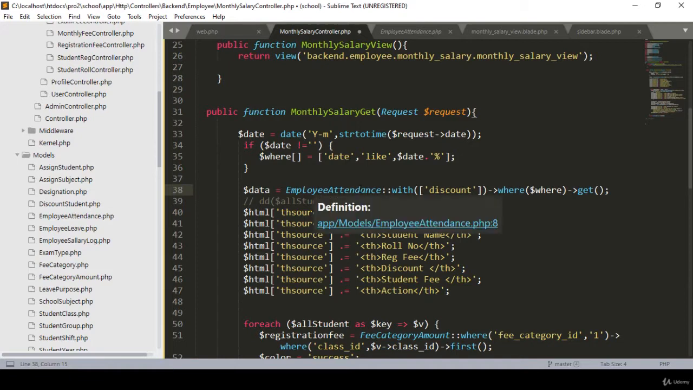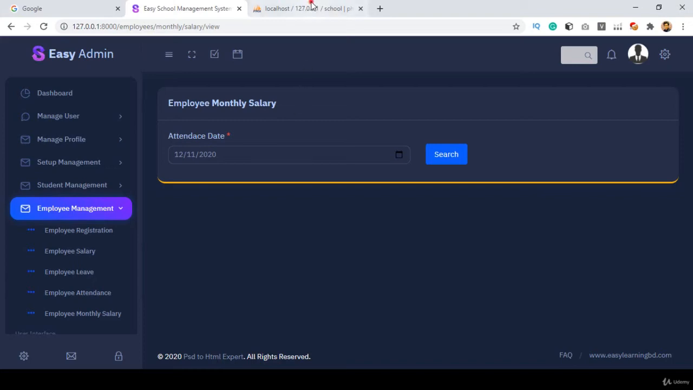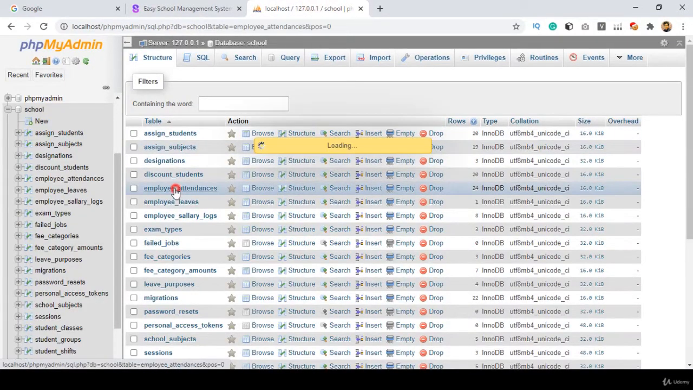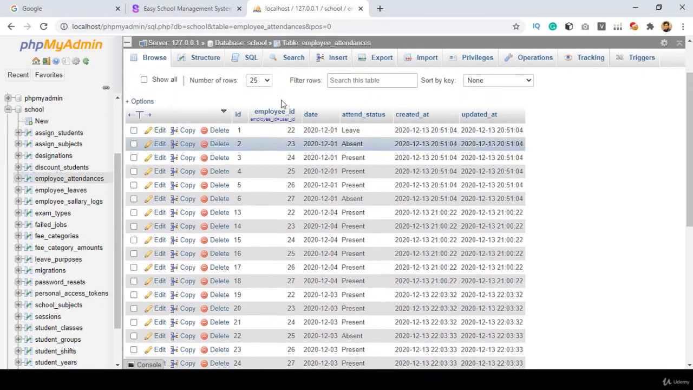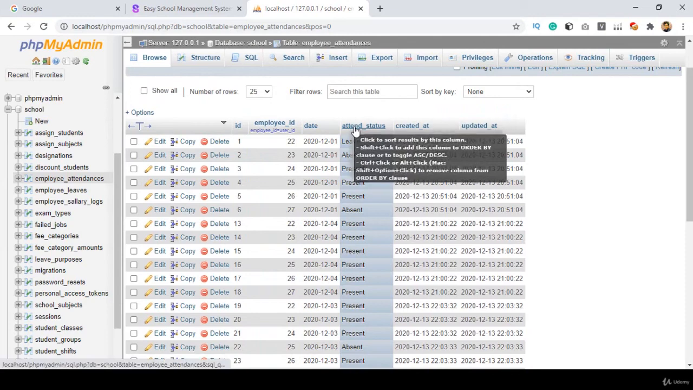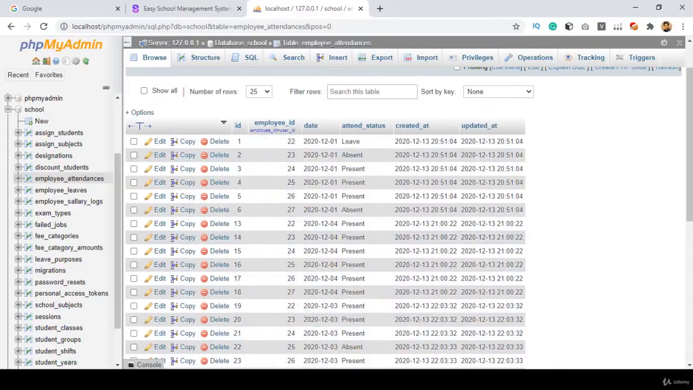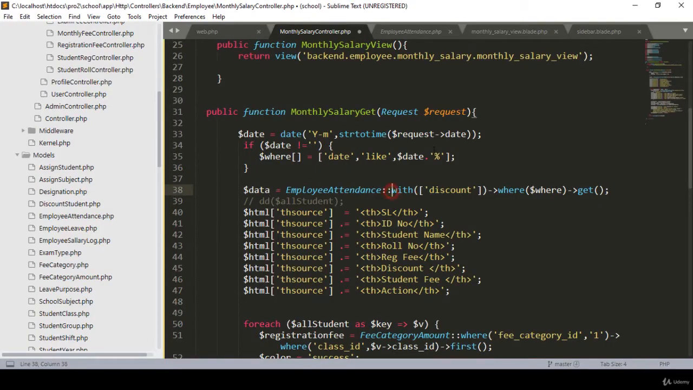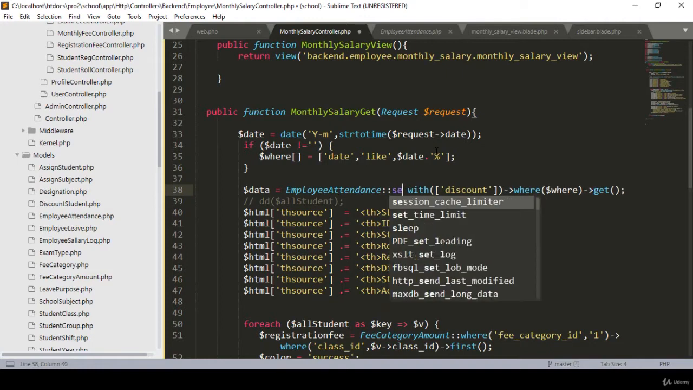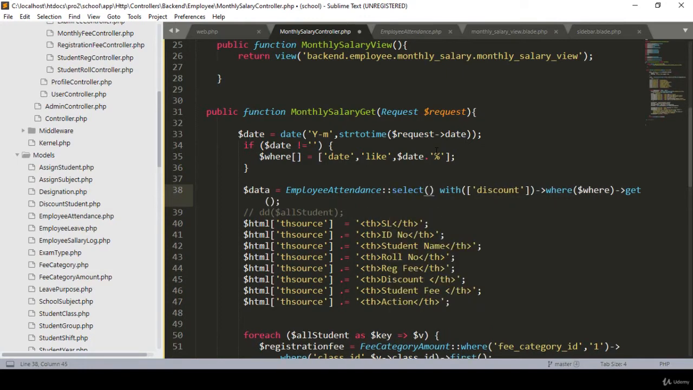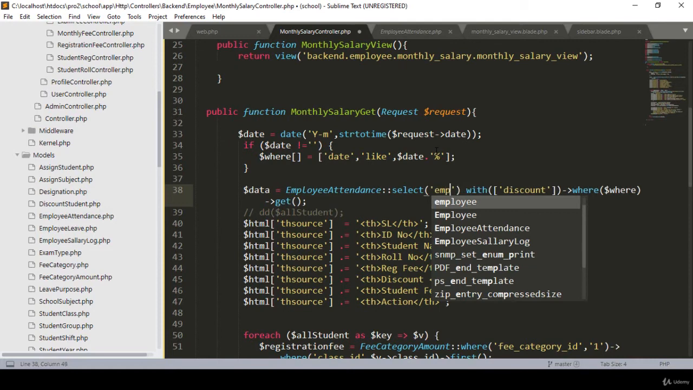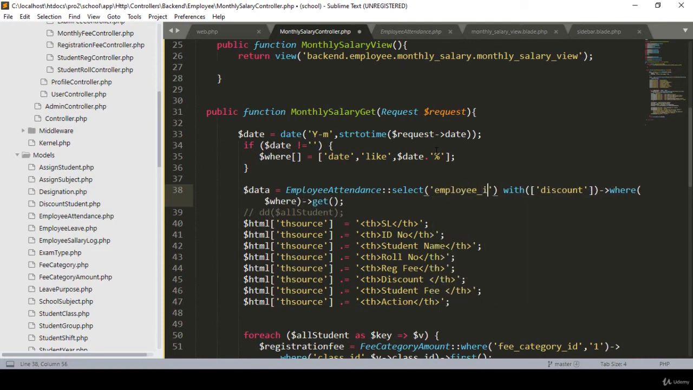So now with our employee attendance, if you go to our employee attendance table, there are some fields I have created: employee ID, date, and the attendance status. So first of all, I want to get this user data by this employee ID. For that reason, I want to add a condition. First of all, a select condition. Select which one? Select our employee_id. Okay, I want to get it,